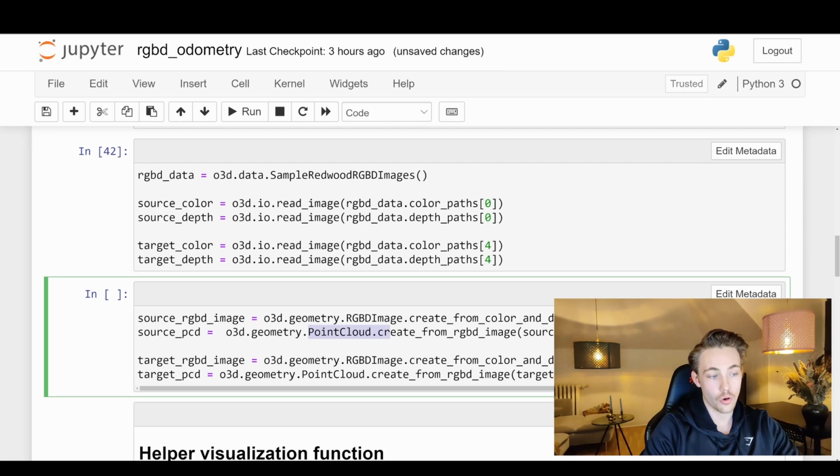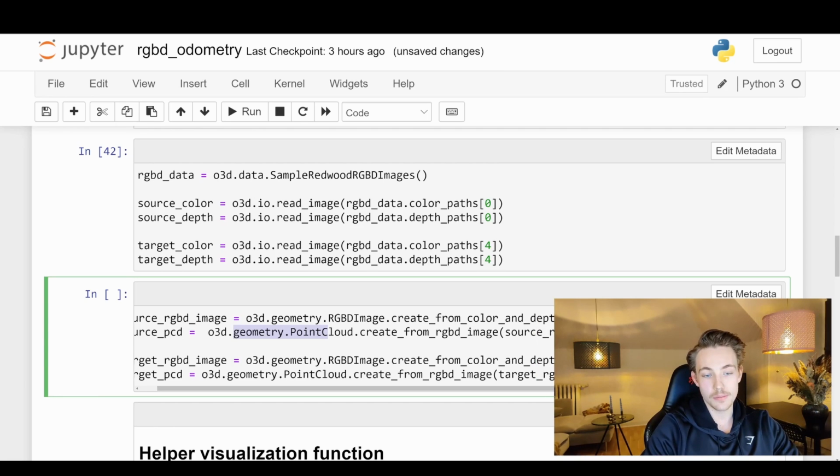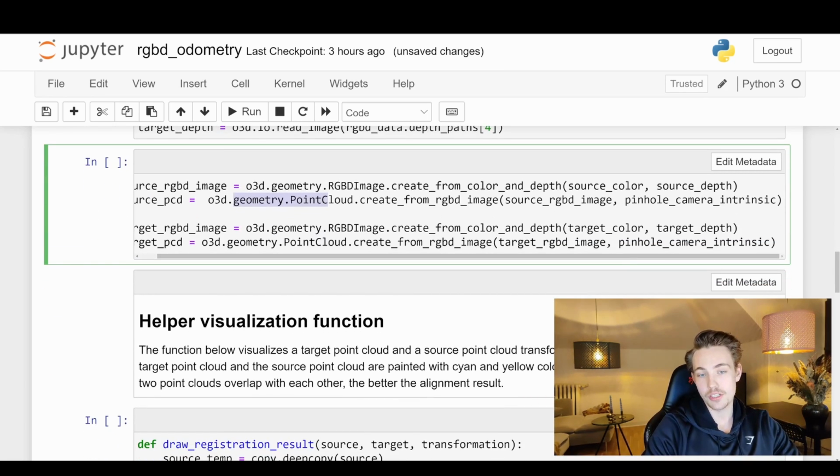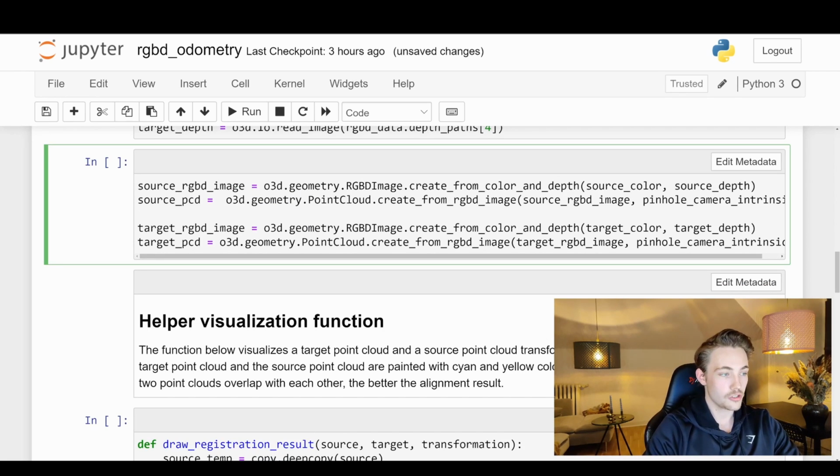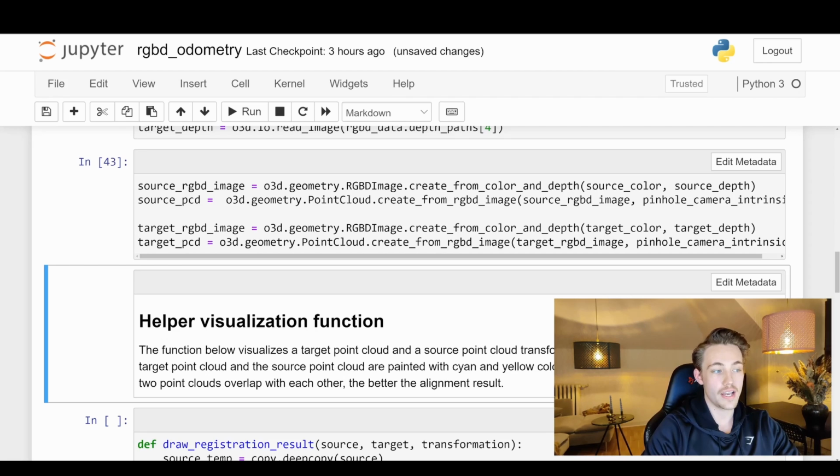We're just going to call Open3D geometry.PointCloud.create_from_rgbd_image, because now we have the source RGBD image and the target RGBD image, and then we just pass that into the function and it will create the corresponding point cloud. We also need to pass in the pinhole camera intrinsic parameters that we just loaded in the previous block of code. So now we can run this one here, and now we have the source and the target point cloud